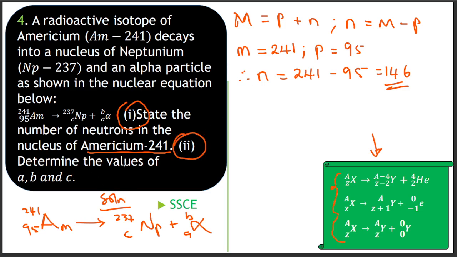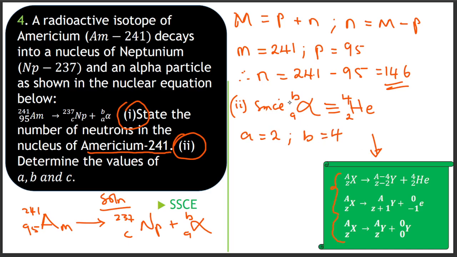Part II says determine the values of A, B, and C. Now, since I know that an alpha particle has the nature of the helium atom, 4 up and then 2 down, therefore A is equal to 2 and B is equal to 4. It's as simple as that. Is that okay? Now to find C,